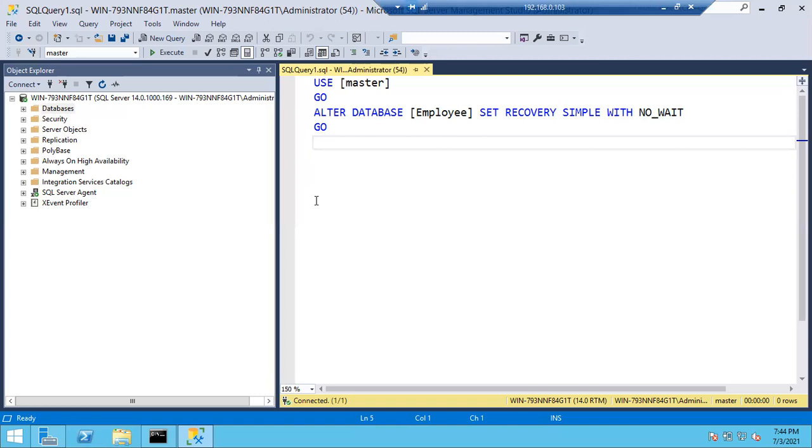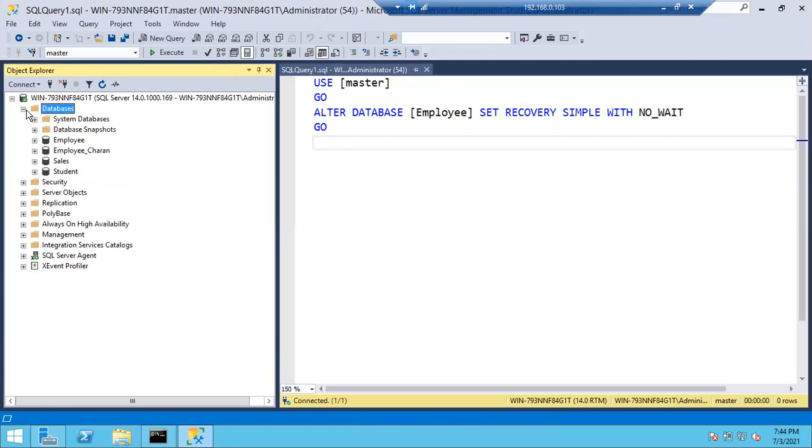Usually every organization will have these kinds of activities, either daily or weekly. That means you have to simply restore a database from the existing backups. We'll discuss how to restore a database in the same server and also in a different server. There is no big difference between restoring a database in the same server and in a different server, but I'll explain.